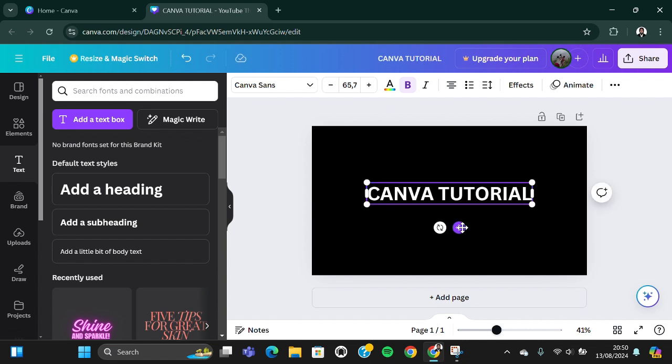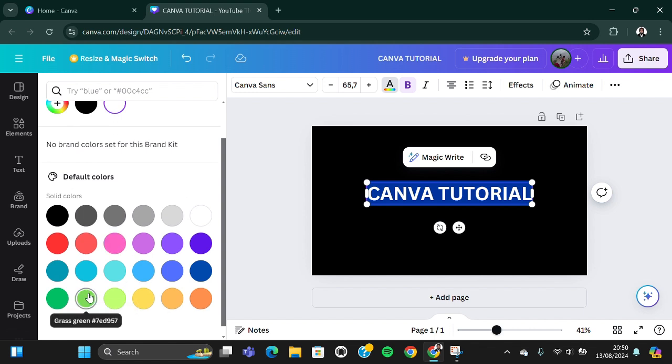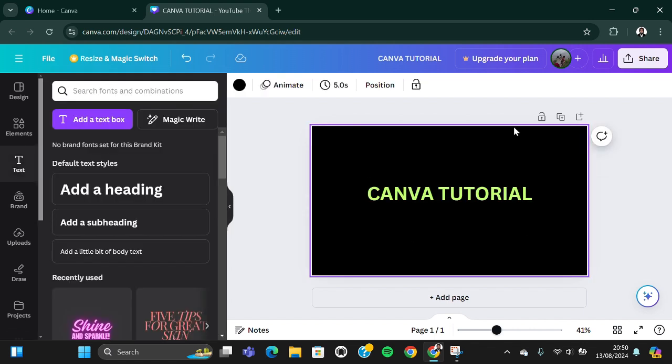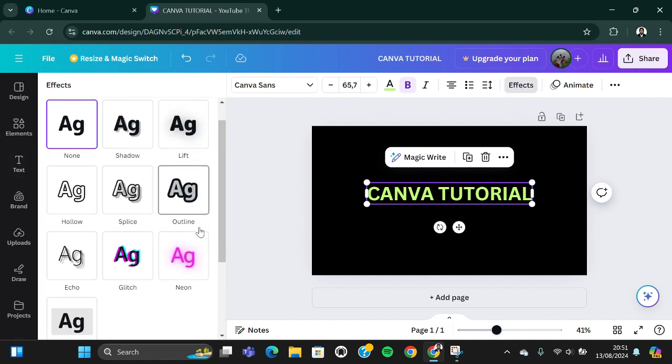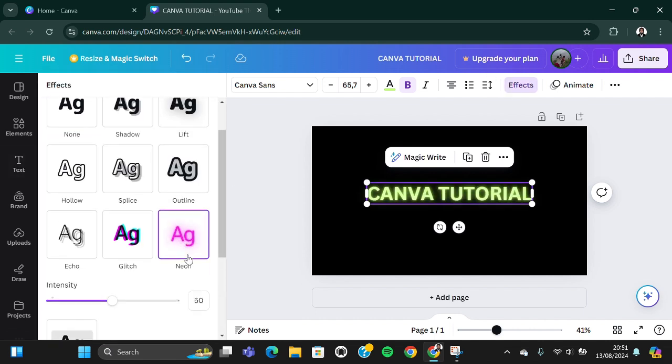Okay, and to add the shine effect, we can go to the effect menu, but before that, I'm going to change the color. I'm going to select all the text and change the color. I'm going to select this one, guys. Okay, and then we are going to go to the effect and select the neon effect,